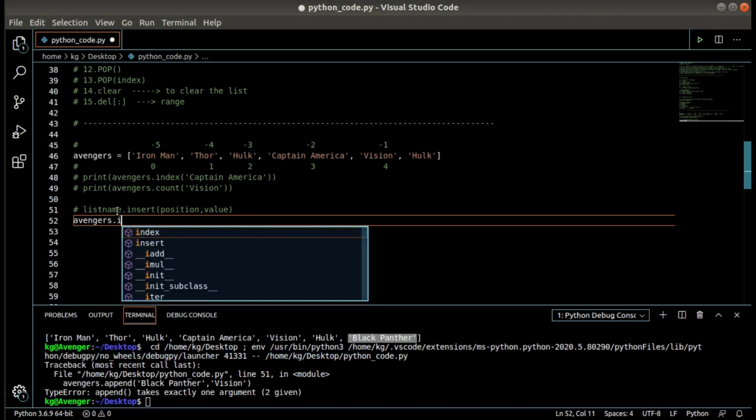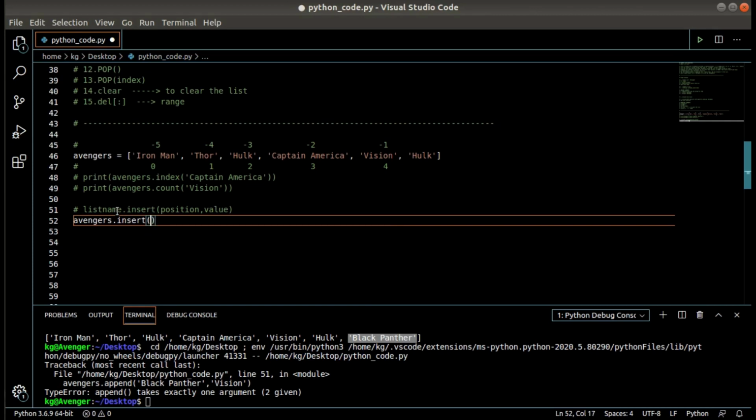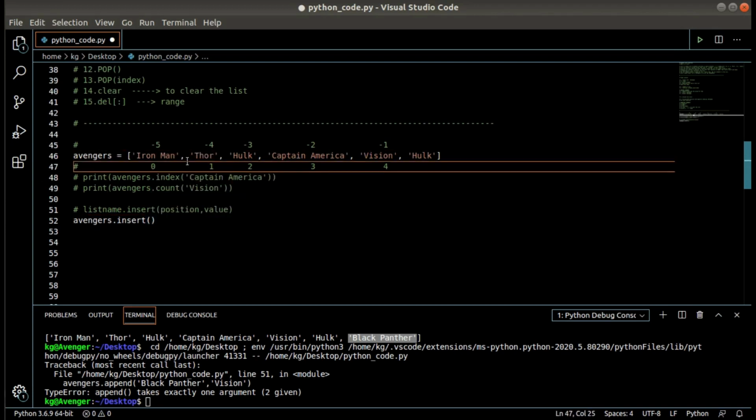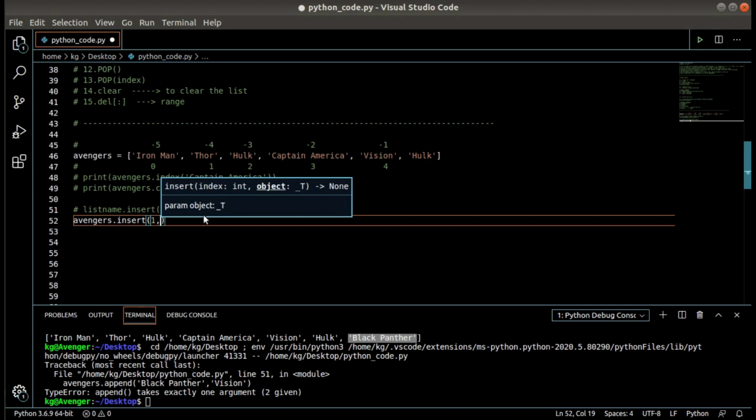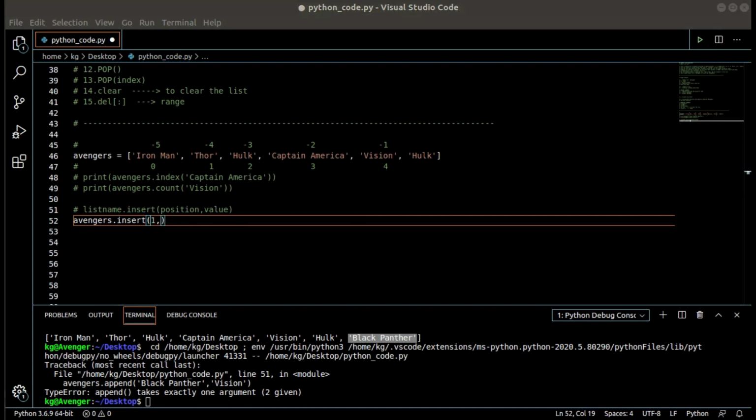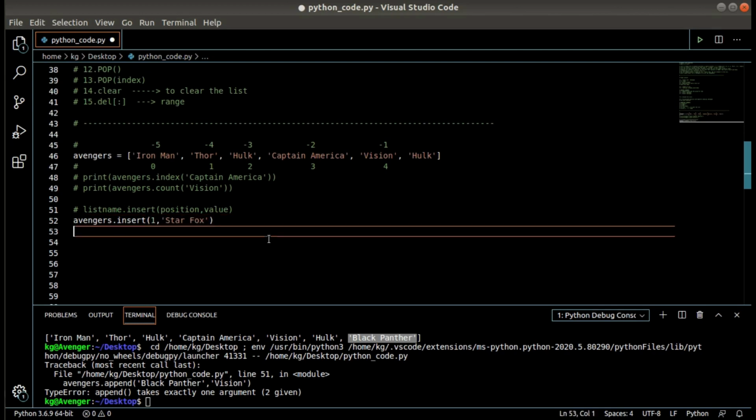Avengers dot insert. So at what position do we want to insert the Avenger? We will say between Iron Man and Thor. So after 0 there will be the index of 1. So at first position, and the value will be Star Fox. Fine. So now we will print